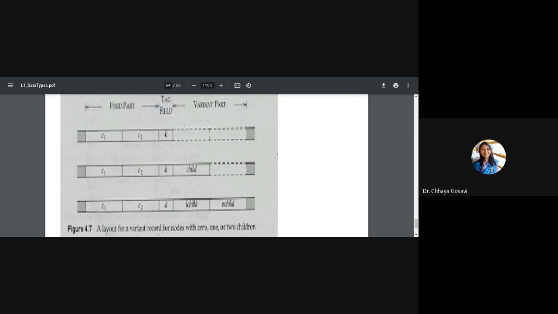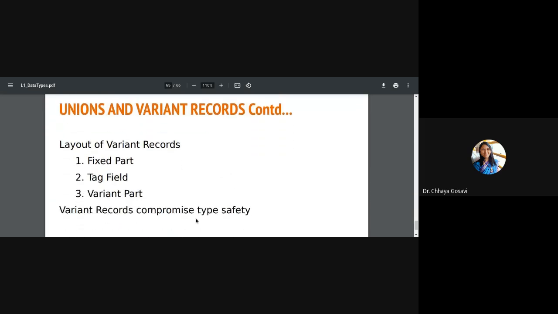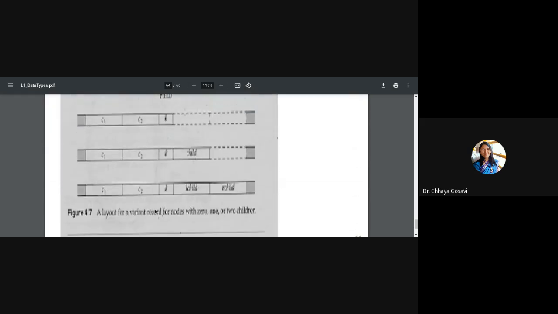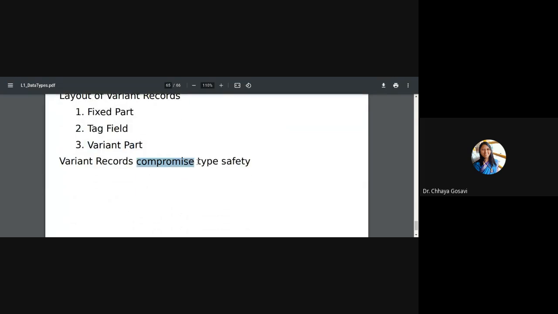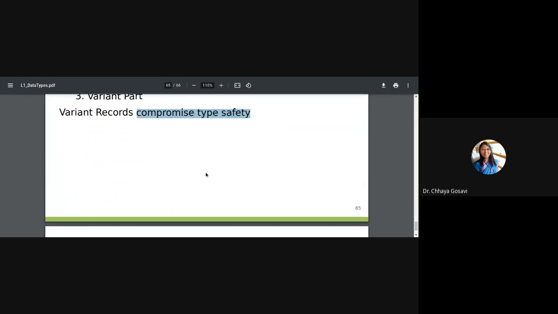If it doesn't have any children, the variant part is empty. If it has one child, the first part is allocated. If it has both a left child and a right child, then this memory gets allocated. So the layout of a variant record is the fixed part, then the tag field, and the variant part. Variant records compromise type safety, which means they don't follow type safety.